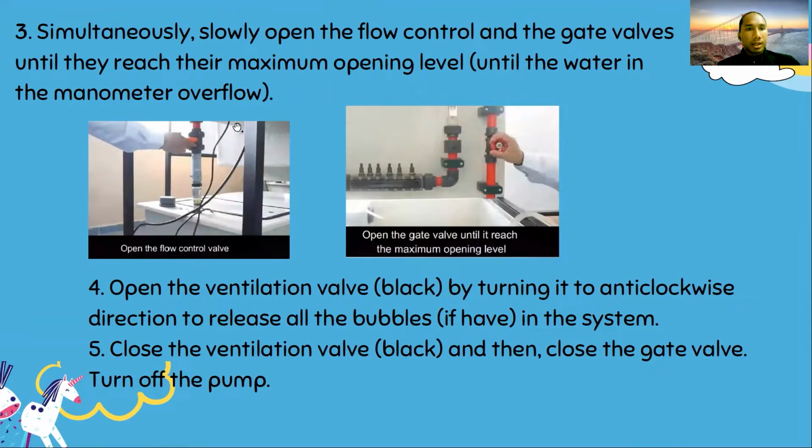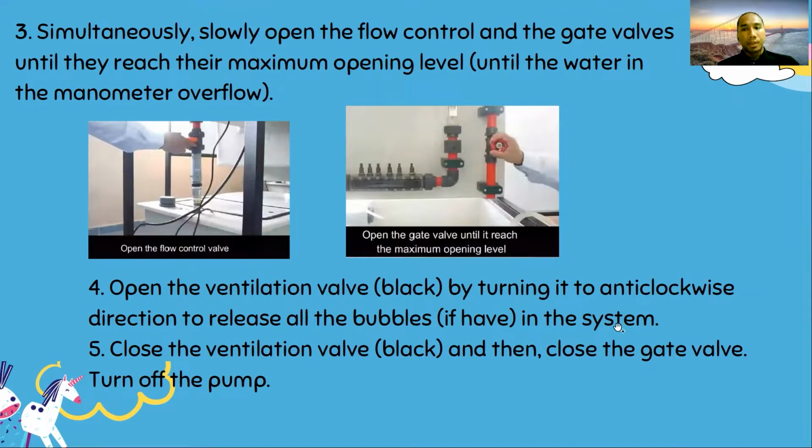As you can see in the experiment here, in the picture, here is how to open the flow control valve, and the second picture is how to open the gate valve. Next, open the ventilation valve black by turning it anti-clockwise to release all the bubbles in